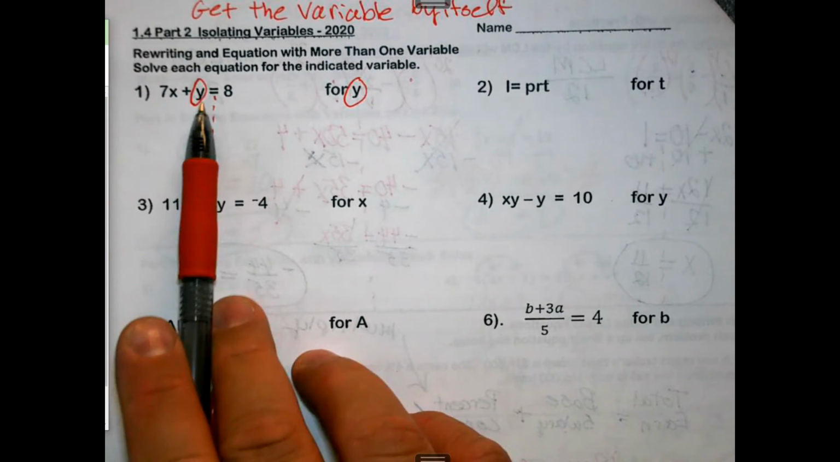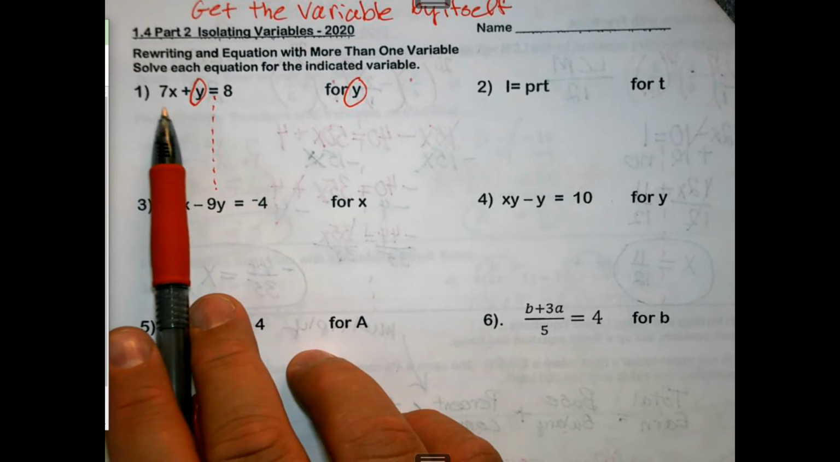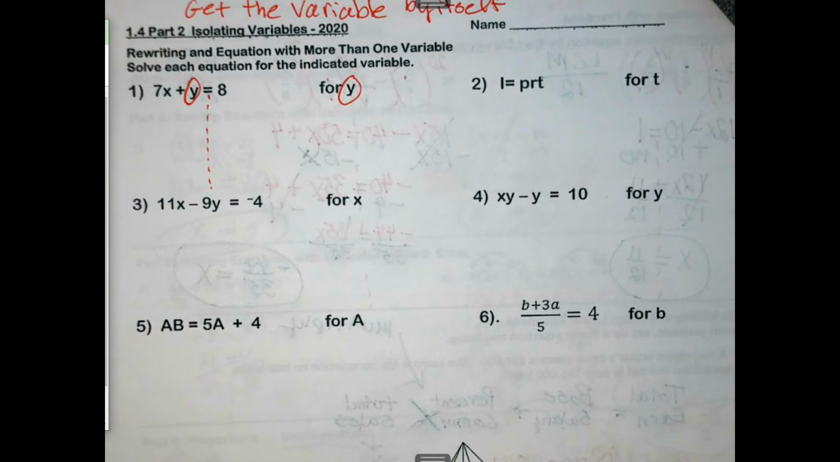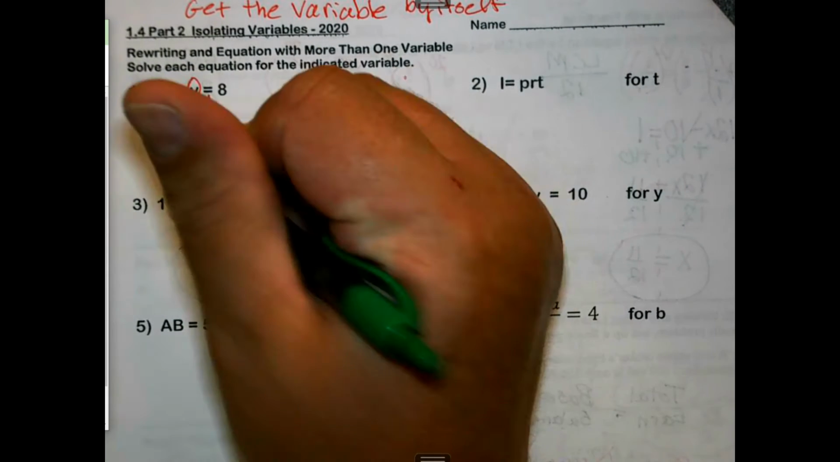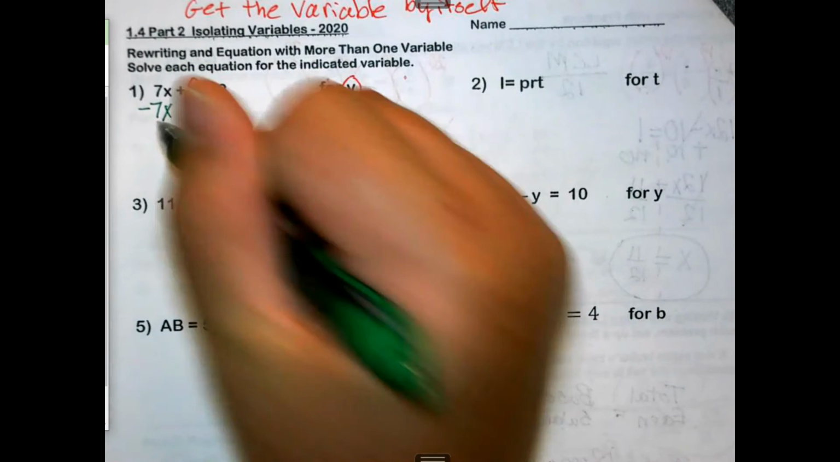It's pretty simple. It doesn't even have a coefficient. Well, it does, but it's one. So all I have to do is get rid of this 7x, right? I'm going to go ahead and subtract 7x from both sides. Now,